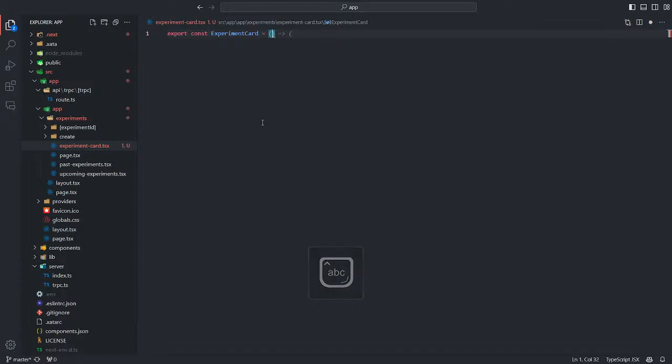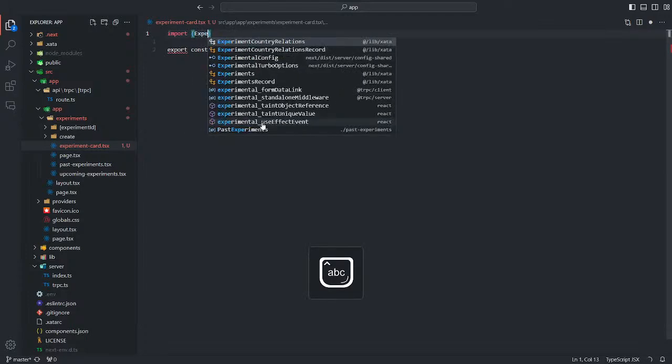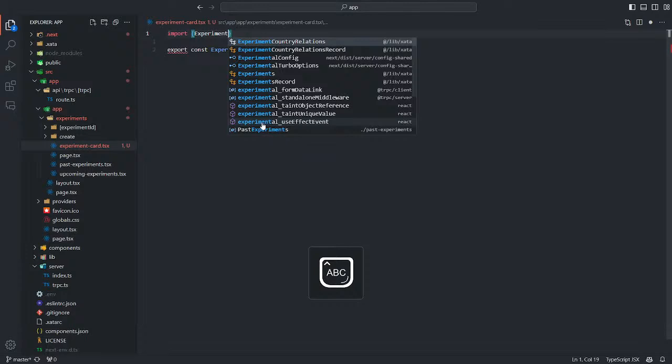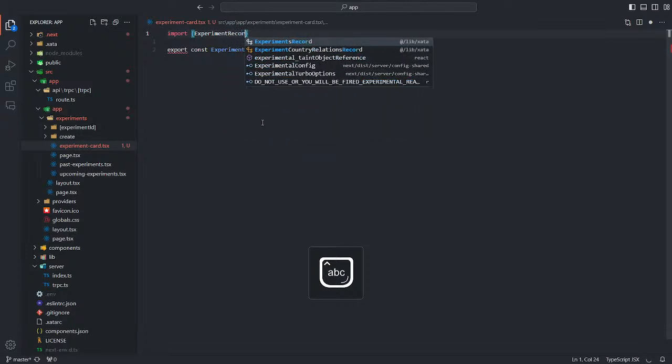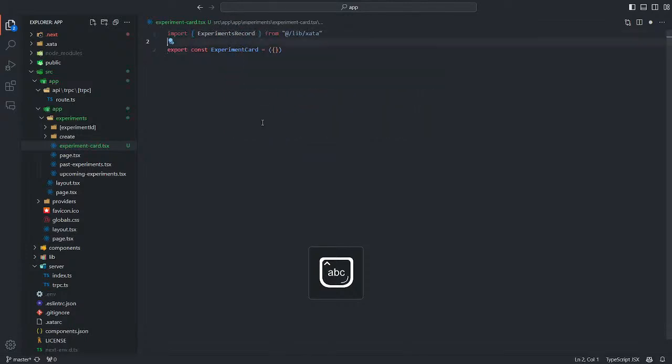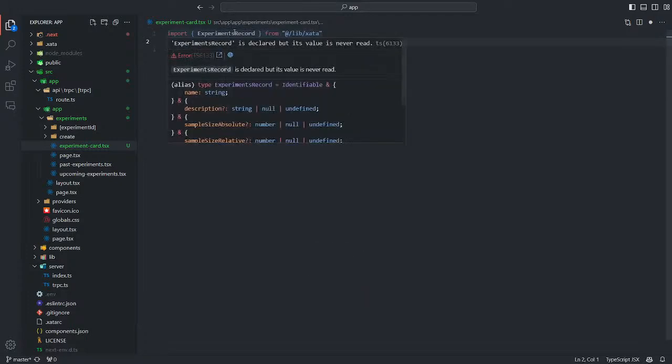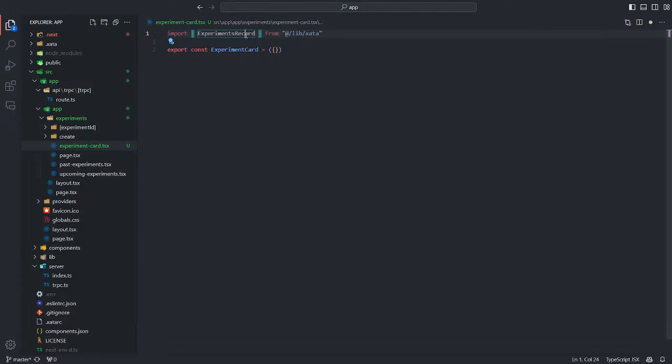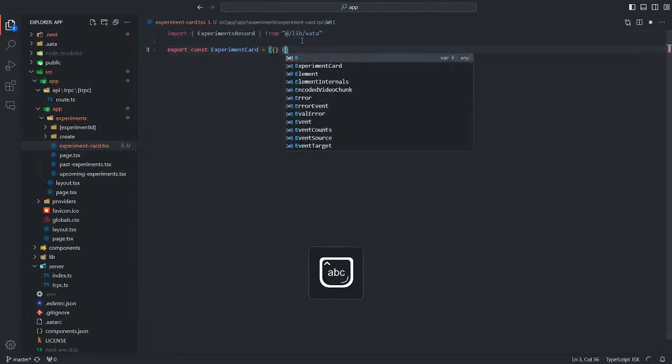I'm importing the experiment type from Zeta, and I don't think other experiment record. I think experiment record. Okay, and this is experiment record.